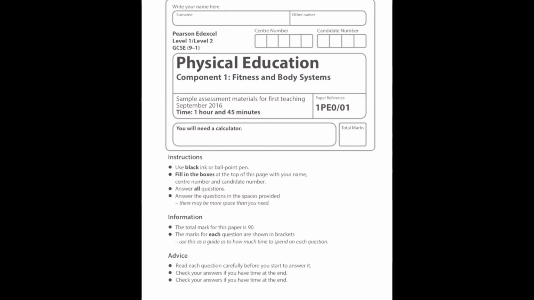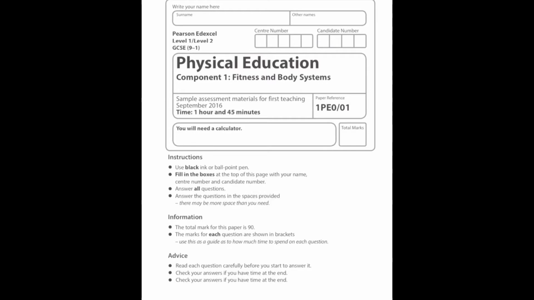Physical Education Component 1, Fitness and Body Systems GCSE paper. Now this paper is 1 hour and 45 minutes, however I will be cutting it down to about 29. Obviously if you would like further depth into this video, then leave it down below and I can do that, and also I will be leaving the walkthrough of the 9-mark questions at the end of the paper for another